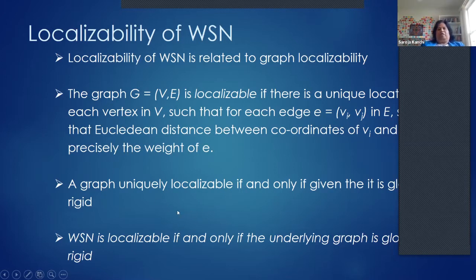There's a graph theoretic property that one can verify. And if that property is verified, then it becomes localizable. Again, it doesn't mean that we can localize it in polynomial time or anything. It just means that it's possible to localize. And we'll see why this global rigidity property is pretty severe, in the sense that not every network we come across will be globally rigid. So we have to overcome the issue of what if the underlying graph is not globally rigid, because we would like it to work on random deployments of wireless sensors.